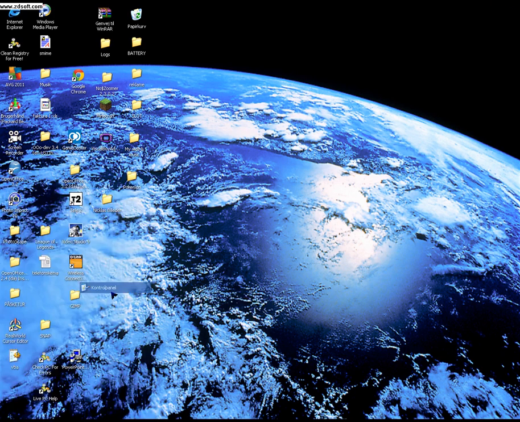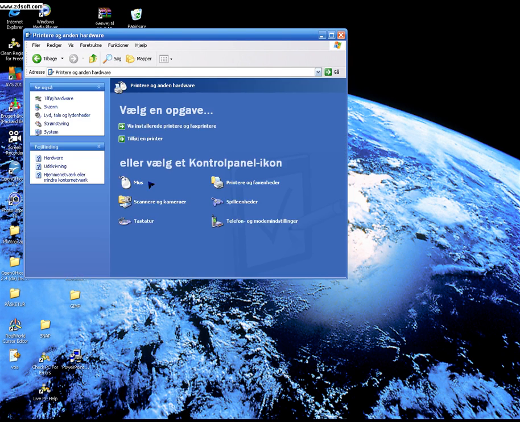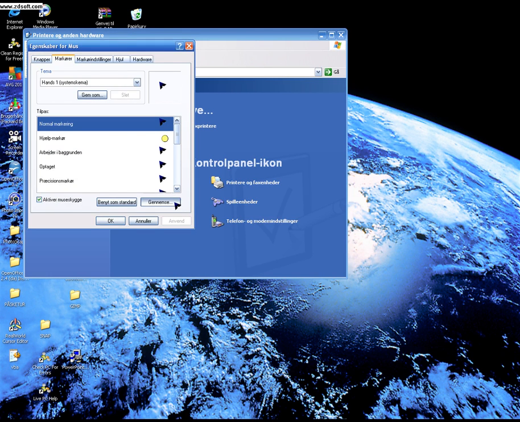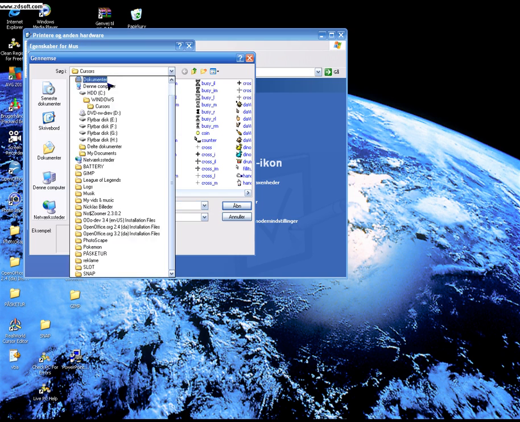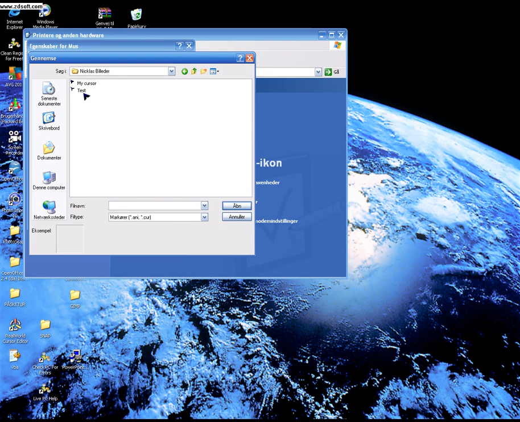if you want it to be your mouse, then change your cursor and find it. Let me see where about I can find it, anywhere there. And